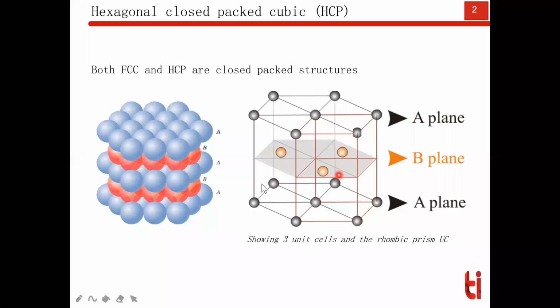You can see one base and another base on the top. Every base is made with 6 corner atoms and one center atom that sits at the center of the